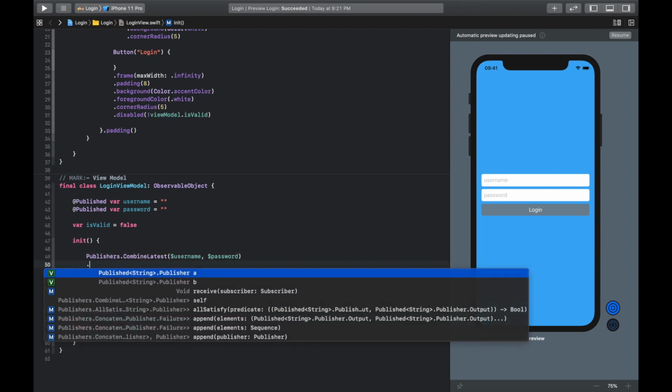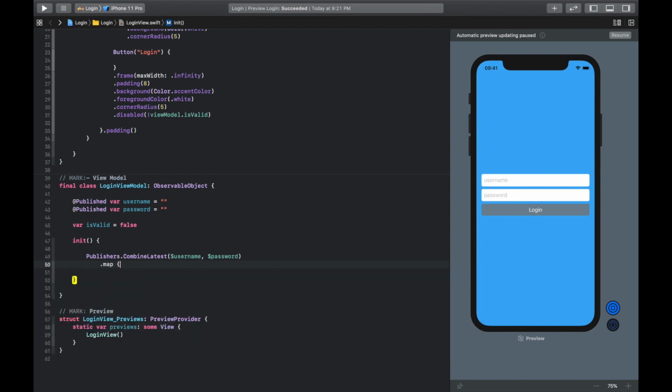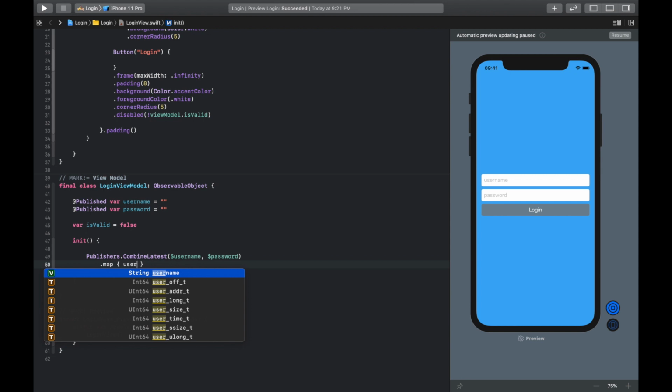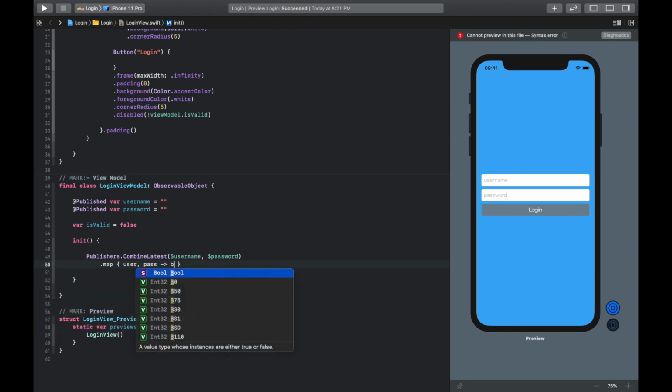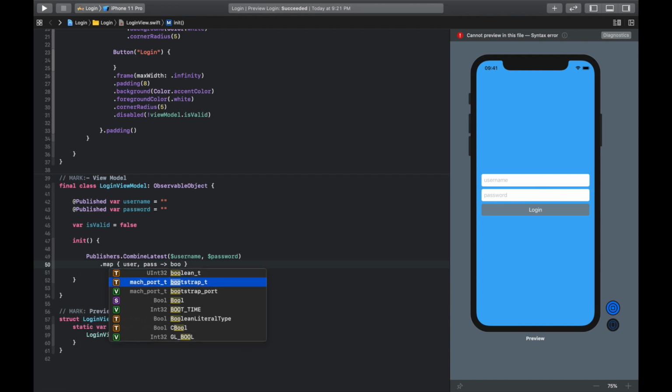So next we will use the map function. Map will give you the latest value of username and password. So I'll just use this closure as user, then password, then we will return a boolean value from that map.